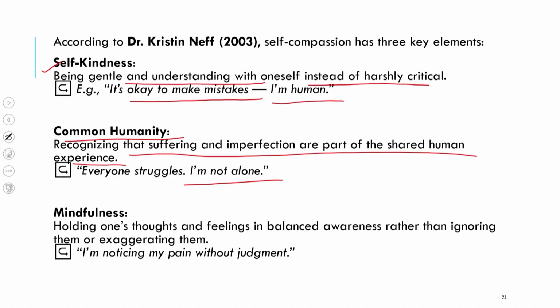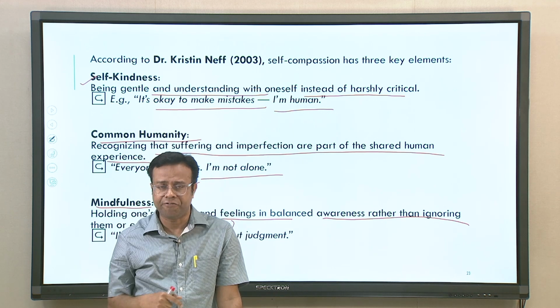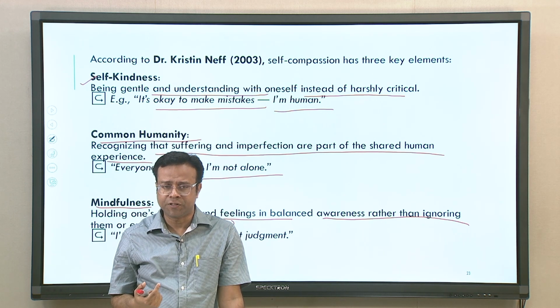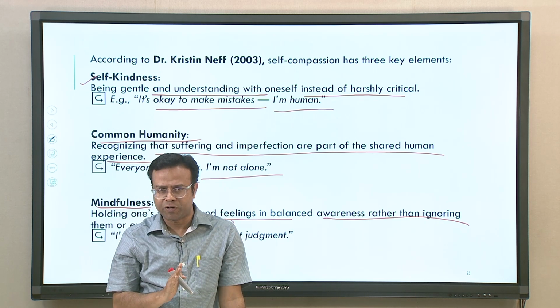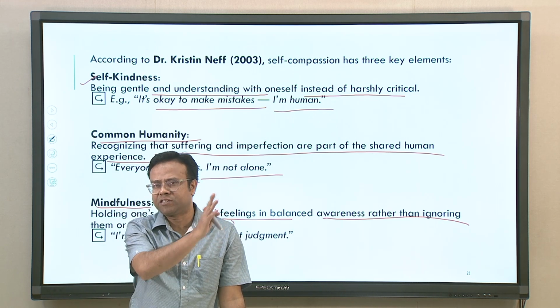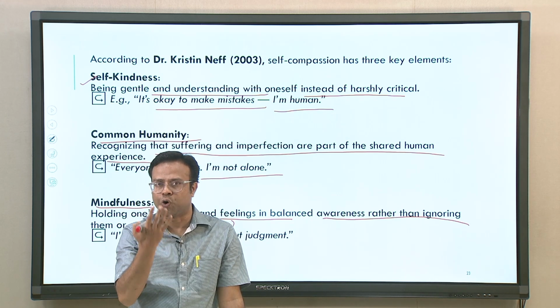The third component is called mindfulness, which basically means holding one's thoughts and feelings in balanced awareness rather than ignoring them or exaggerating them. So, basically you become more aware, more mindful about the feelings and thoughts that you have about yourself and others, rather than becoming unconscious about them. Mindfulness we have talked about in detail in some earlier modules. So, it is about becoming more aware of your own thoughts and emotions,